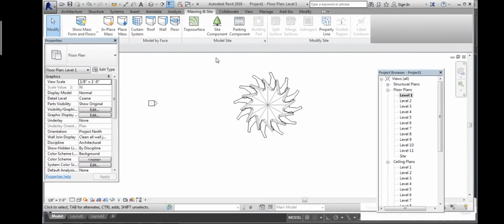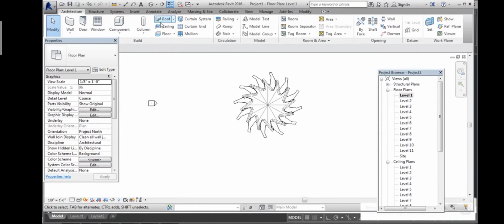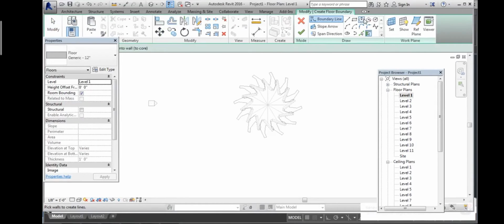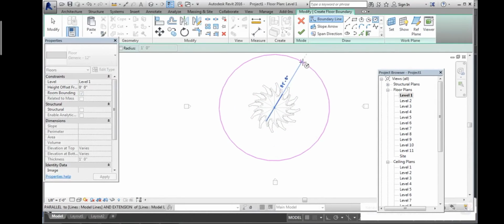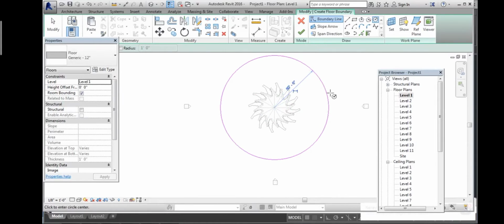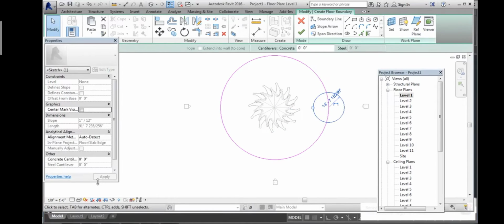Now I am going to create the ground floor geometry. So one by one create the circles and form the geometry like this.